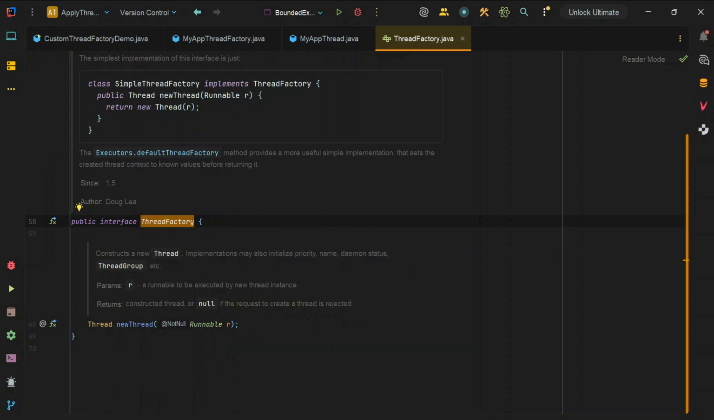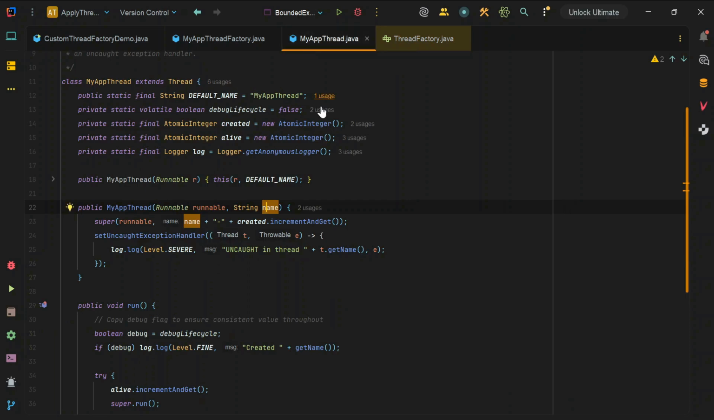Every time a thread pool needs a new thread, it uses a thread factory. The default factory creates simple non-daemon threads with generic names, but you can provide your own factory to give your threads meaningful names like db-worker-1 instead of pool-1-thread-1. A custom uncaught exception handler to log uncaught exceptions. Daemon status if you want threads not to prevent JVM shutdown, and even custom thread subclasses that add logging or